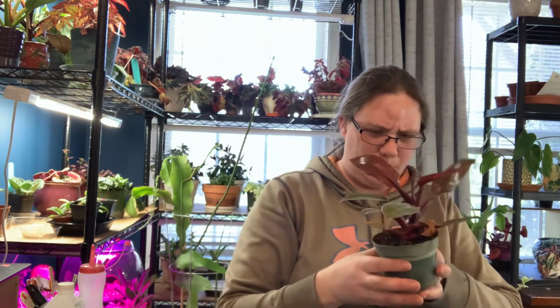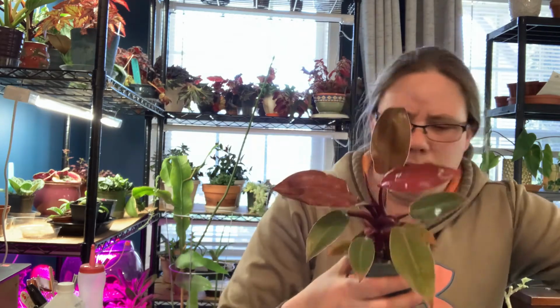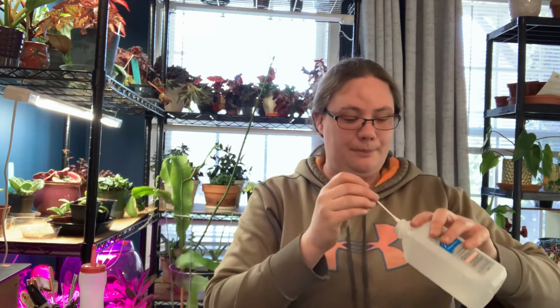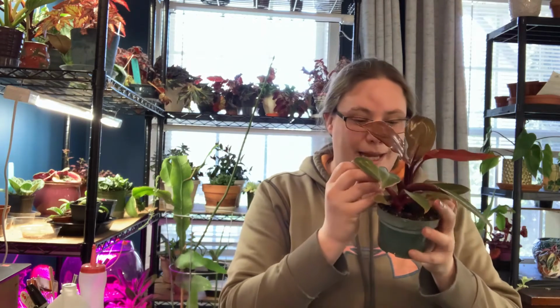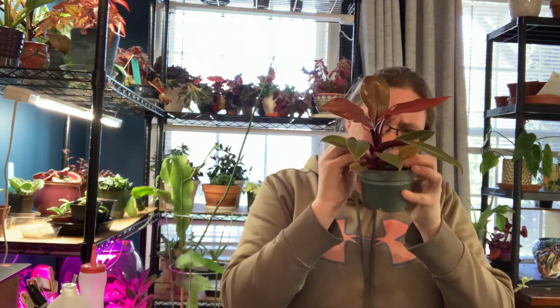I underwatered my little baby Prince of Orange. Oh, my baby Prince of Orange tells me that it has a little mealybug on it. But only the one, so we're just going to go ahead and deal with that as it comes up, and it won't ever get to be a problem. This probably only happened because it was really close to the primulinas. I've really not ever had problems with philodendrons getting...